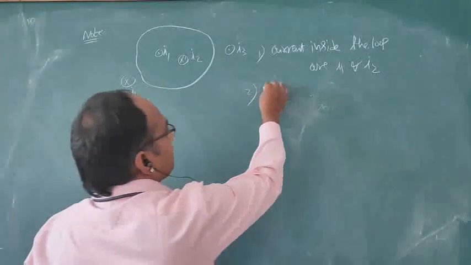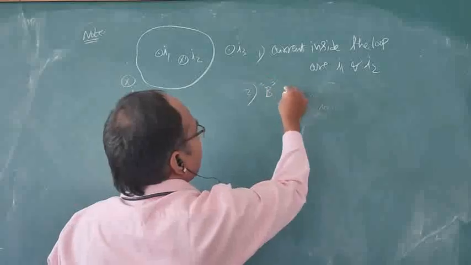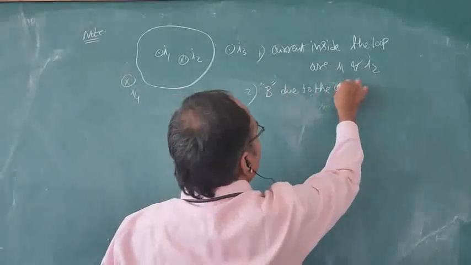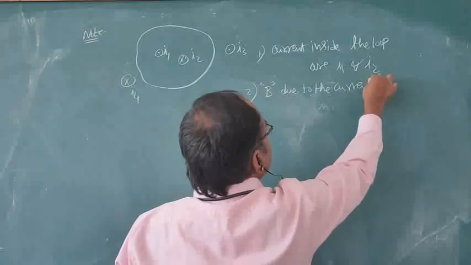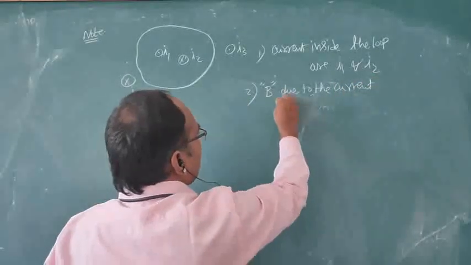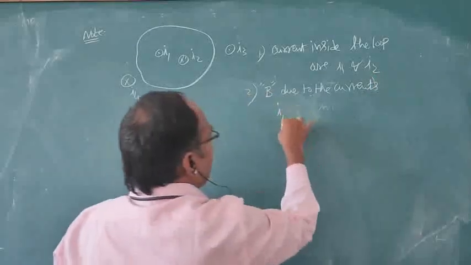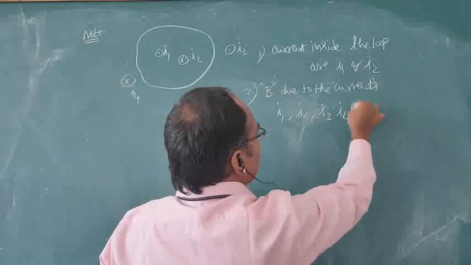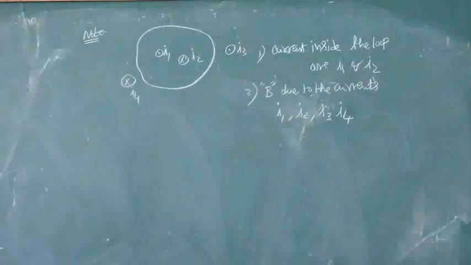Next, another one, the magnetic field due to the current. The magnetic field due to the currents are I1, I2, I3 as well as I4. Now the next topic is